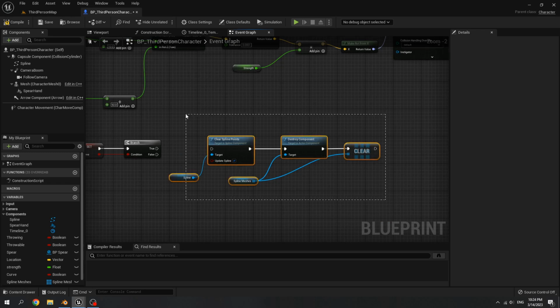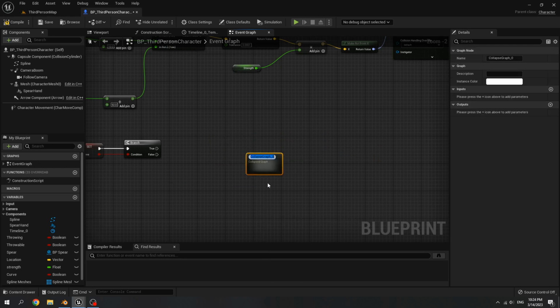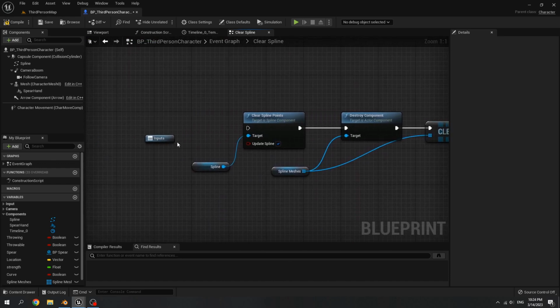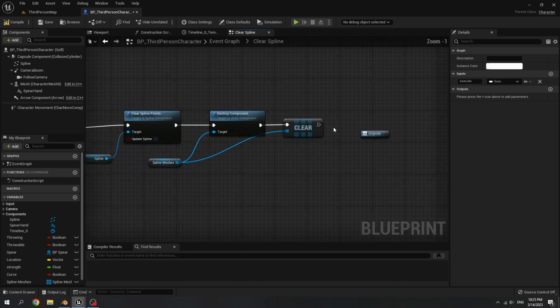Select this group, right click, collapse nodes, name it clear spline, open it, connect clear spline to input, and for after we clear, connect to output.